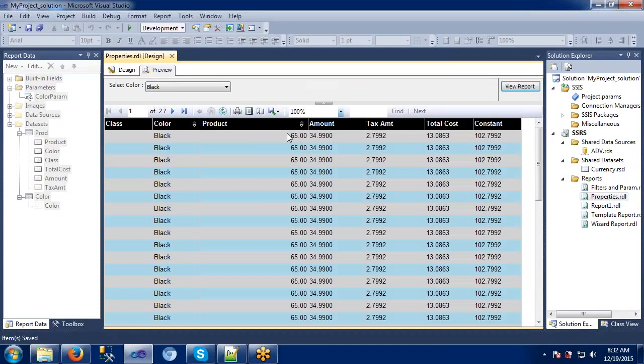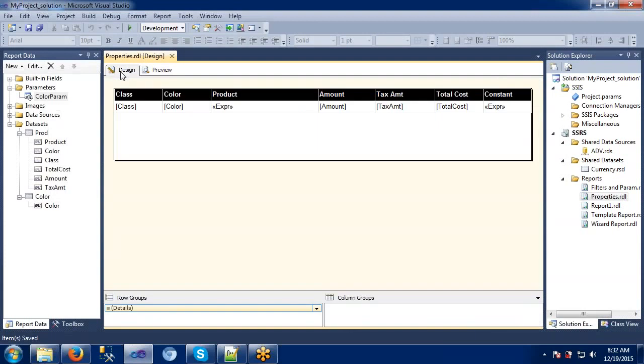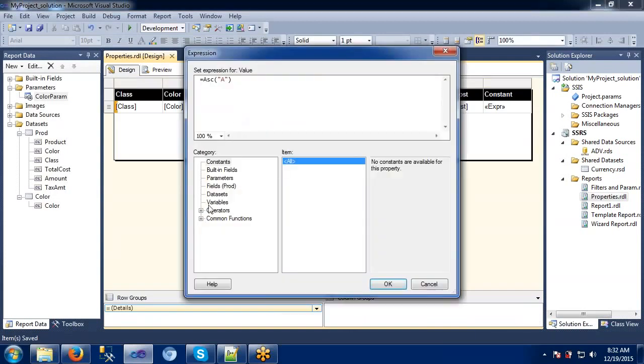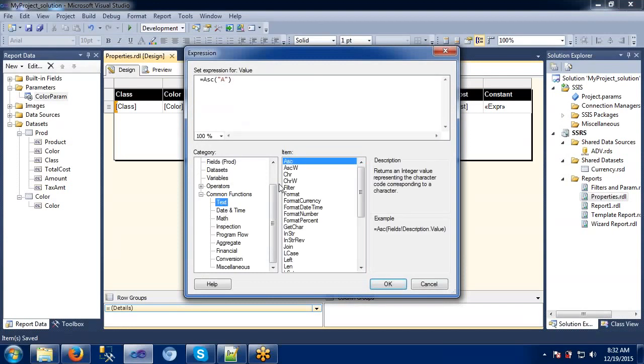Right, the same stuff. Somewhere we need to display some type of ASCII values, so in that case we can use these expressions here by using the text. It returns a character associated with the specified character code.